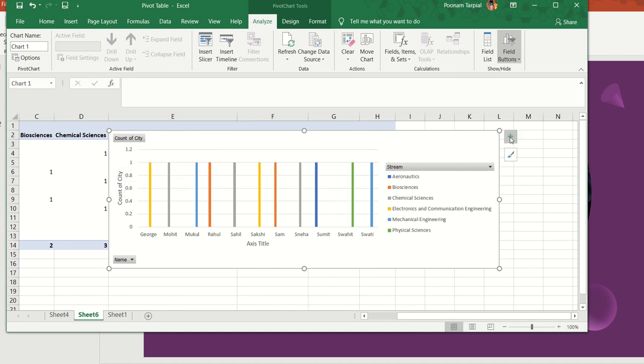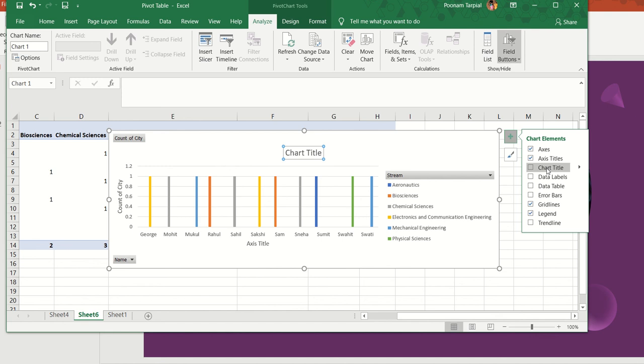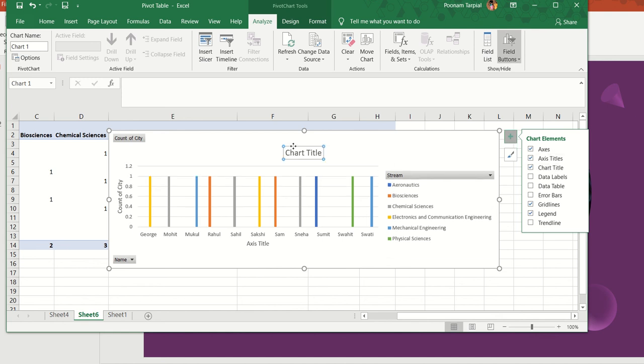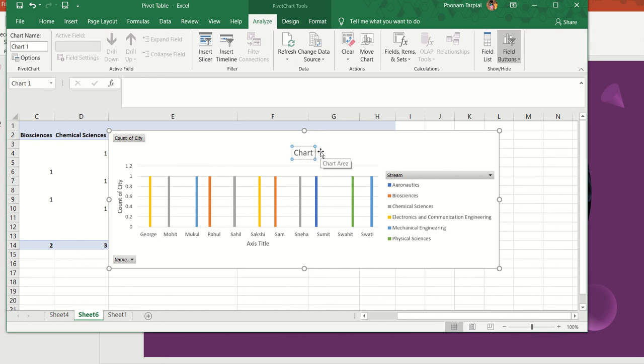Okay, so it comes over here, and next to that if I want my chart title also to be there, I can click on the plus sign again for the chart elements. I can click on chart title, and whenever I give a chart title, people, please understand your chart title should clearly represent what this chart is all about. Okay, for example, this is the amount which has been collected, or this is the data of the workshop.